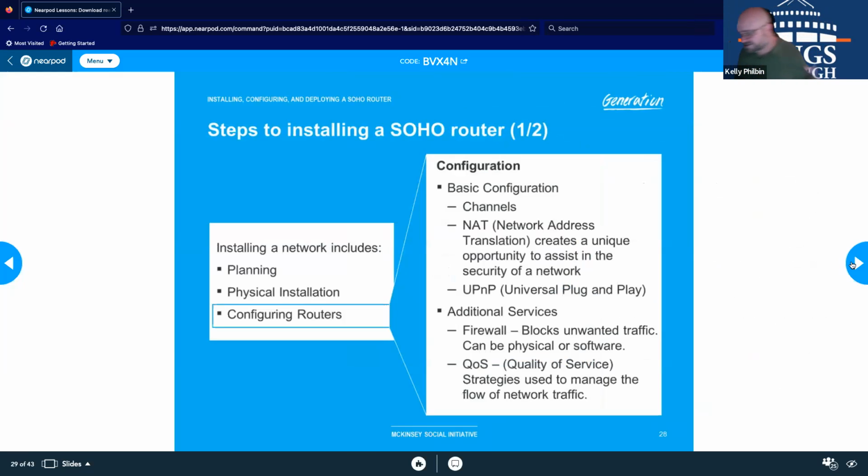So we will talk a little bit more and get some practice configuring routers. If you have not configured your router at your home, which I'm going to take a stab and say most have not, because that's general practice, this is something you do need to go in and do, because if you haven't, your router is pretty much wide open,